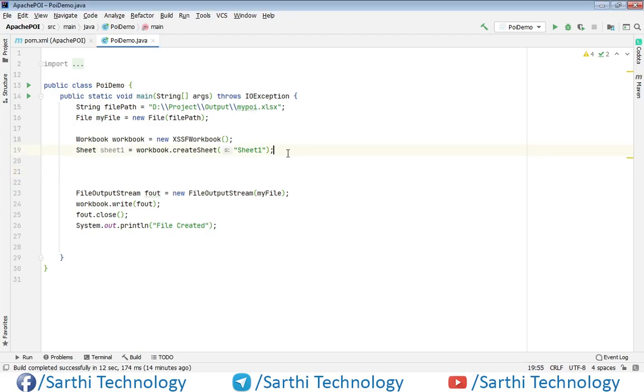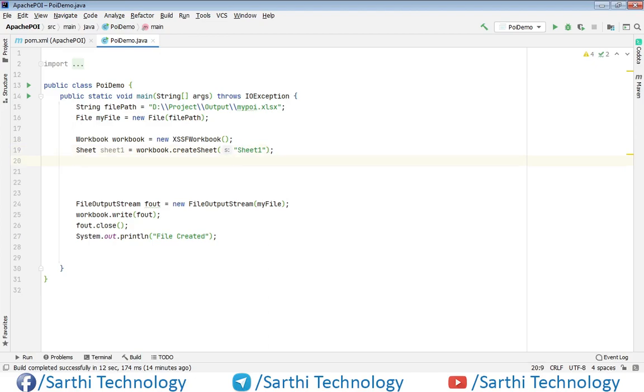Now first we need to create one string array that will hold some dates. Its name is table data and it has some dates. Here you can easily recognize that this is the month, this is the date, and this is the year, but here it is difficult to recognize which is the date. This is the confusion. So in Excel we format the date so we can easily recognize it, and that function we are using here.